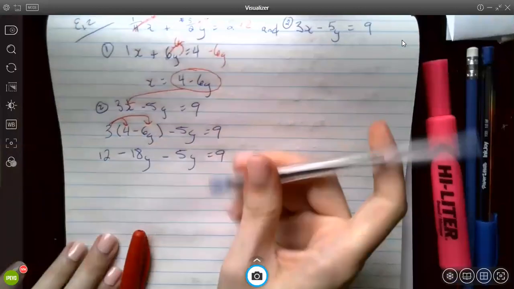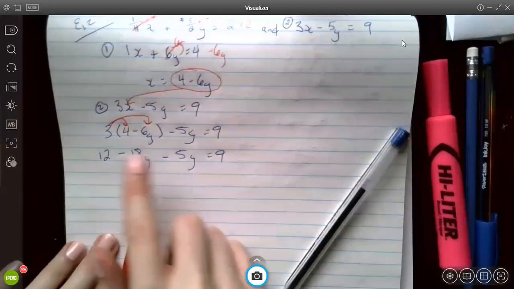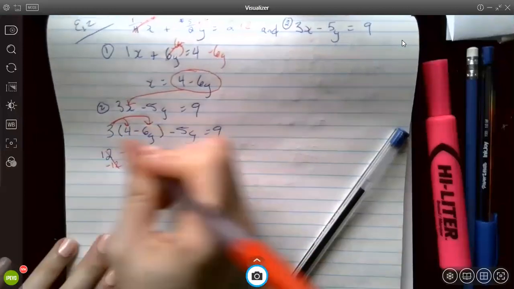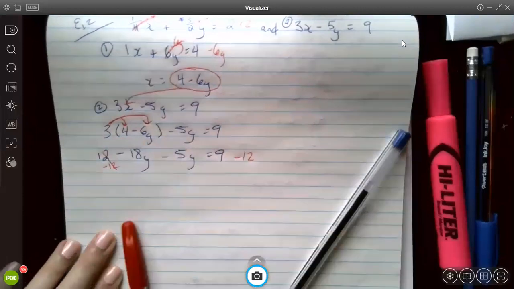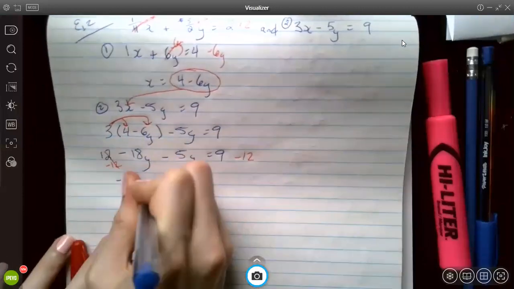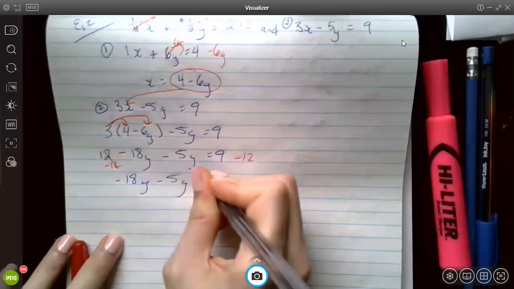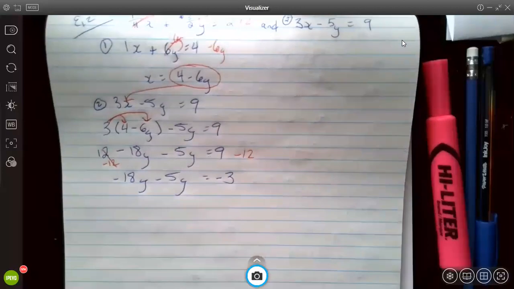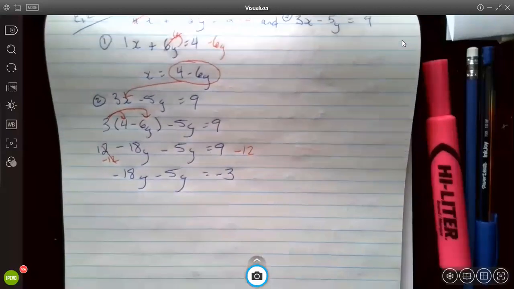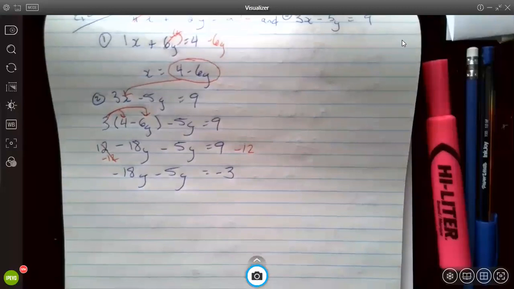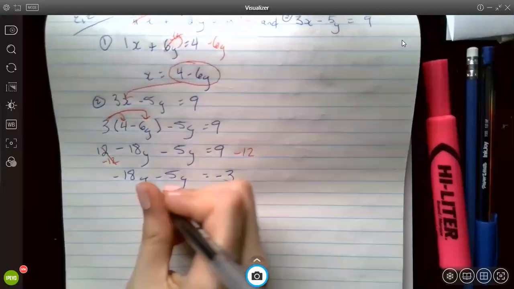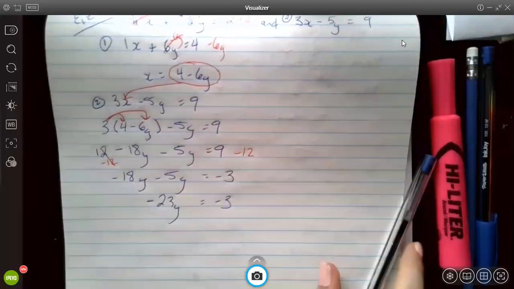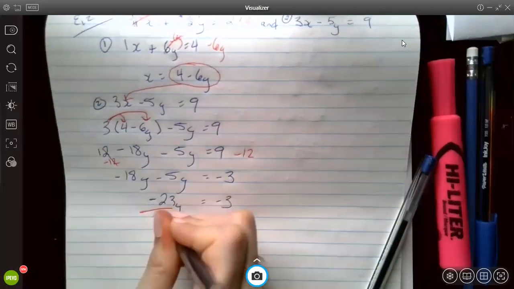Then I'm going to move my 12 to the other side to be with the other constant. So because it's positive 12, I will subtract 12. That leaves me with negative 18y minus 5y equals negative 3. And then negative 18 minus 5, excuse me, is negative 23y. And so, of course, I have to divide by negative 23